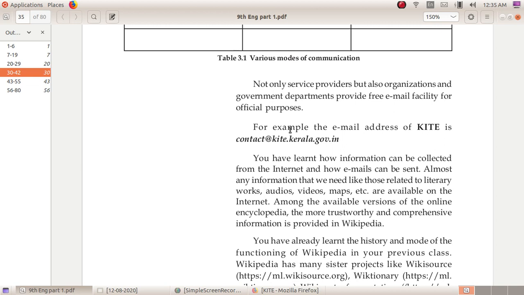What do you mean by Wikipedia? Wikipedia is an online encyclopedia. It consists of several details of almost all matters of today's world.